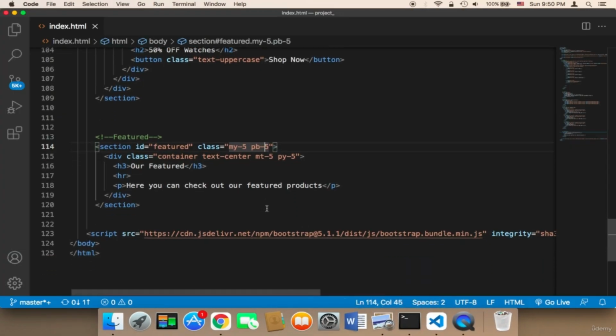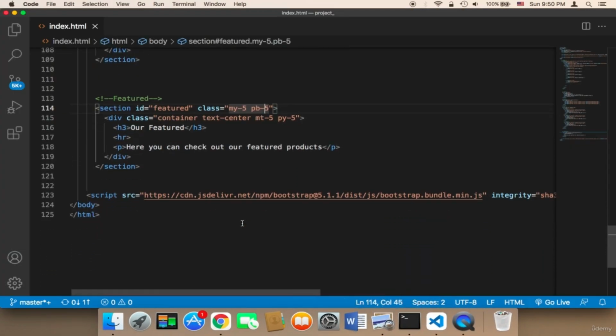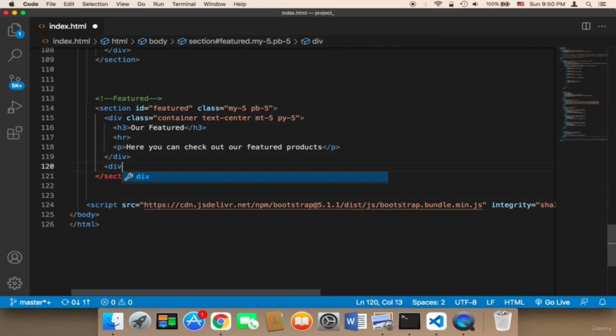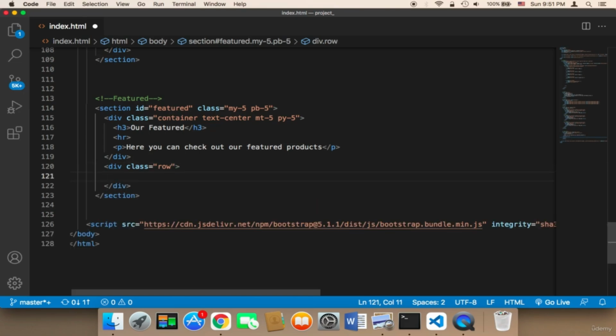Now what I'm going to do is work on the featured products. To do that, I'm going to create the products. And to create the products, we need a div. We need to give this div a class called row in order to create a row that will contain several products. So I'm going to say row here, and inside that row, first I'm going to create the first product by creating a div,